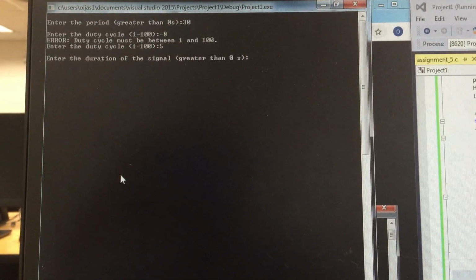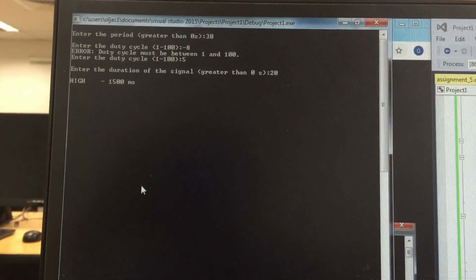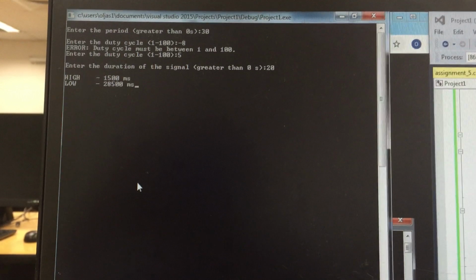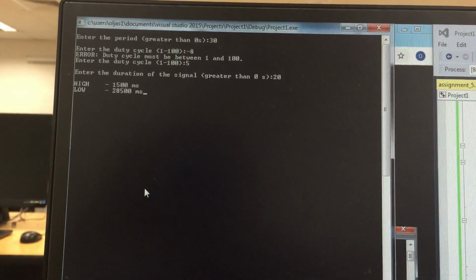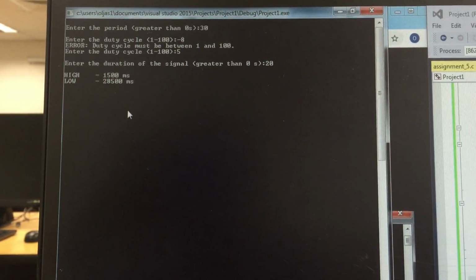5. Enter the duration, let's say 20. And we start seeing some different high and low values. So it keeps on recording until